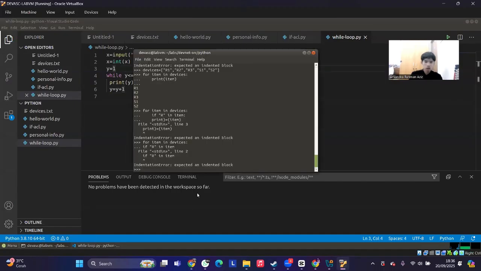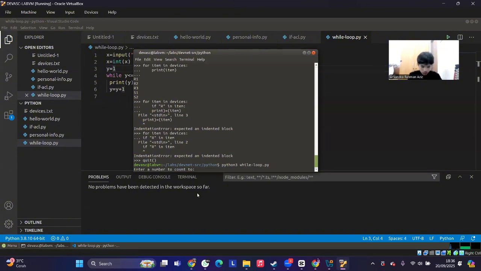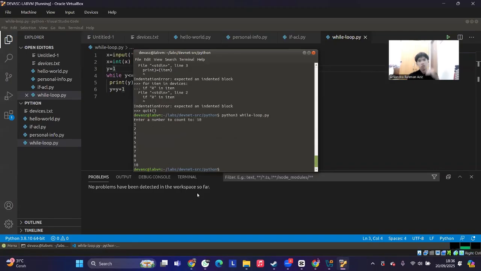Okay, I will wait first. If we type Python while_loop.py, then it will show the count from 1 to 10.